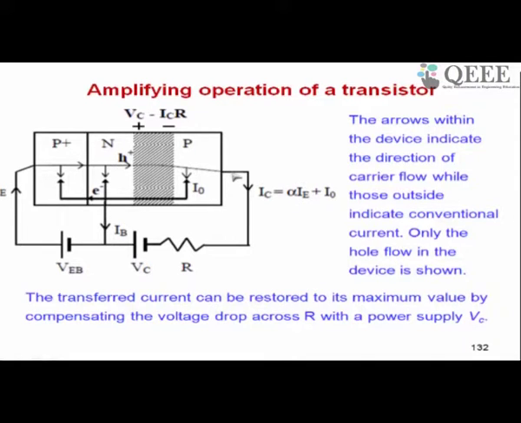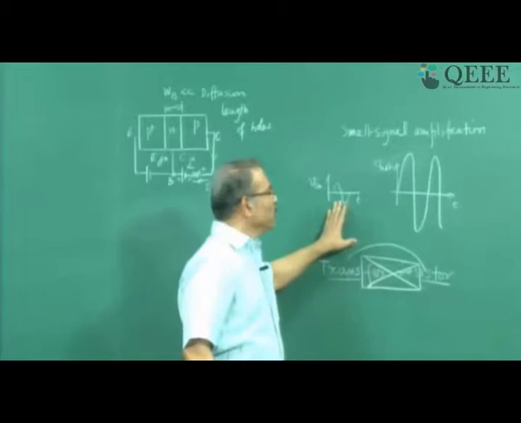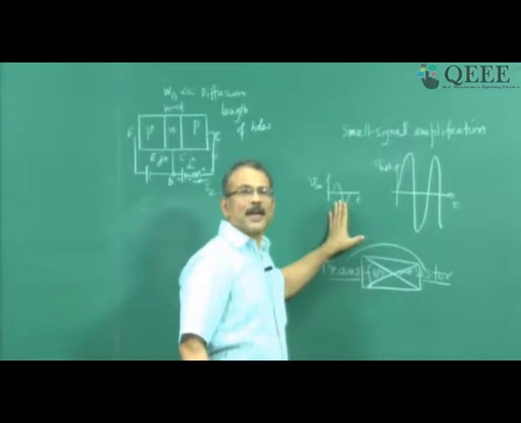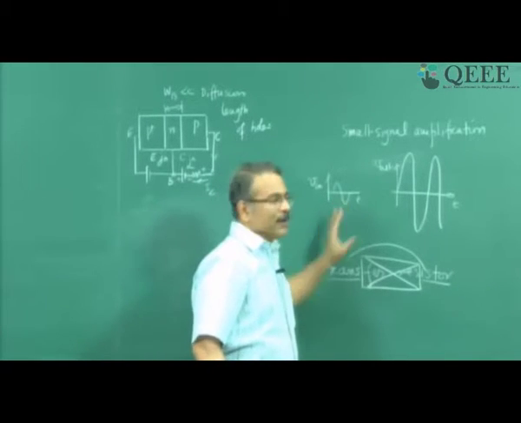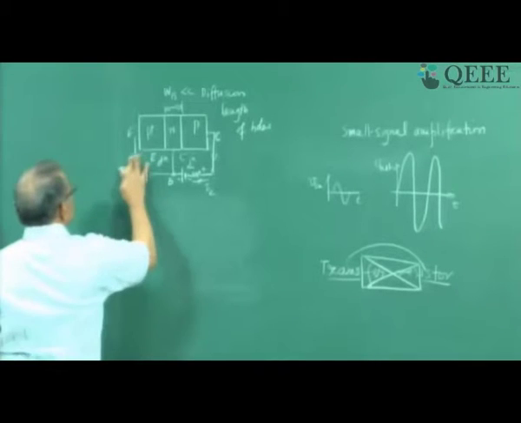Now unfortunately I cannot always maintain the VC to be equal to ICR, because the collector current will change when I change the emitter base voltage. And just now we said our amplification is a small signal amplification, which means I am going to vary my emitter to base voltage, that is my input, right. So here I am going to vary the emitter base voltage. How do I vary the emitter base voltage? I can, for example, put a small signal source here.